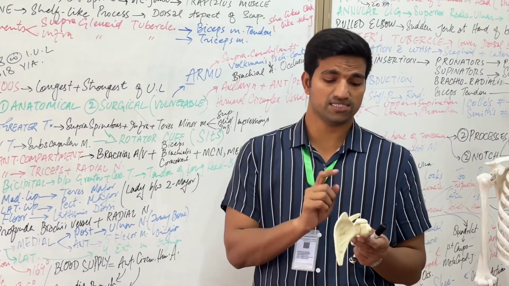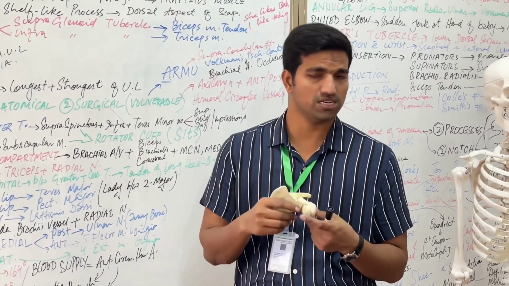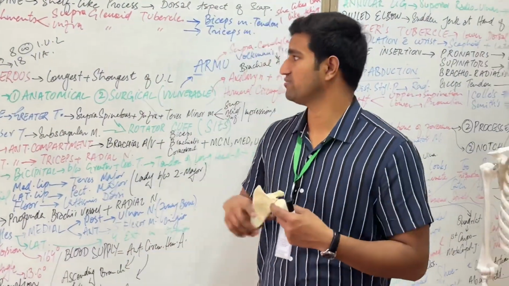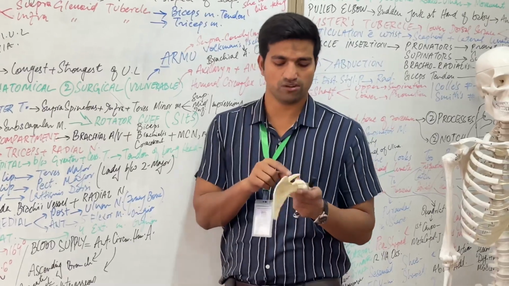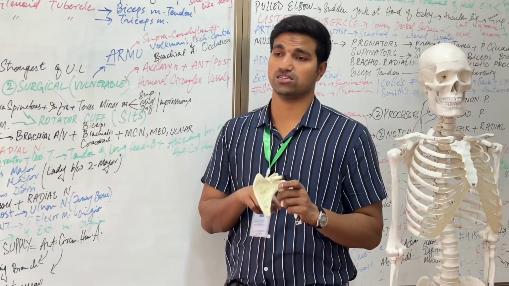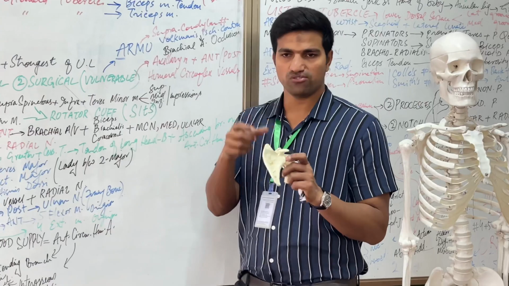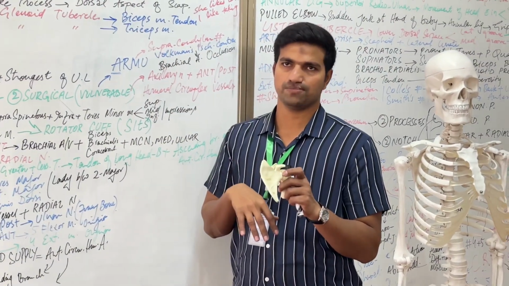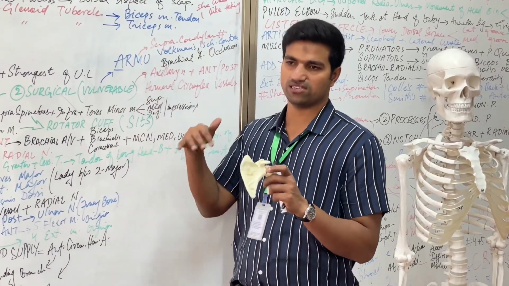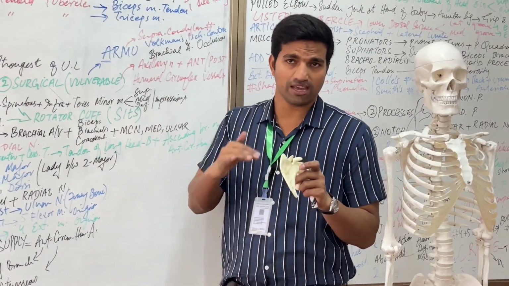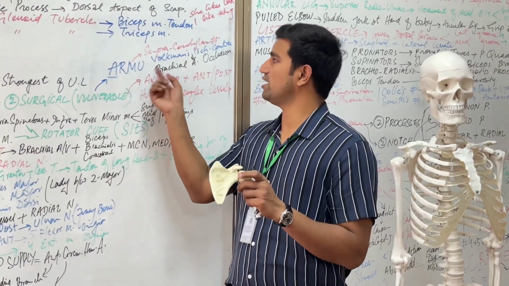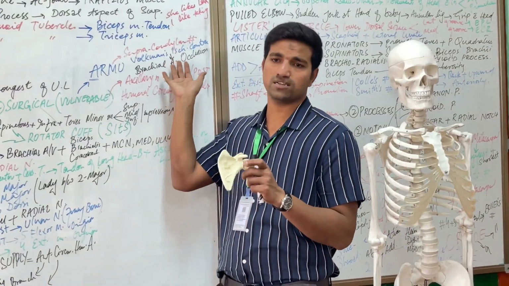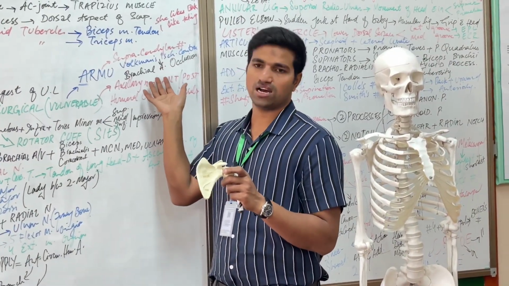If there is a fracture at the surgical neck, or dislocation of the shoulder joint, that will lead to damage to which nerve? Axillary nerve. There is a mnemonic called R move. If the head of the humerus is fractured, the axillary nerve. If the shaft of the humerus is fractured, the radial nerve will go. If there is a supracondylar fracture, it will damage the median nerve. If it is a lower level of the supracondylar part, it would be the ulnar nerve. Okay, for the supracondylar part, we have talked about Volkmann ischemic contracture when there is a brachial artery occlusion.